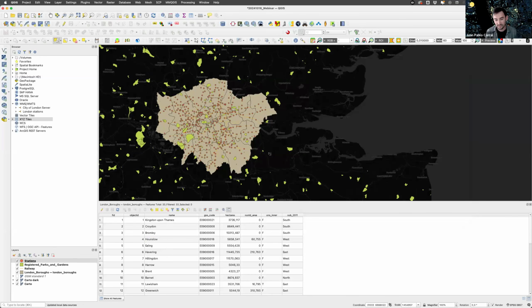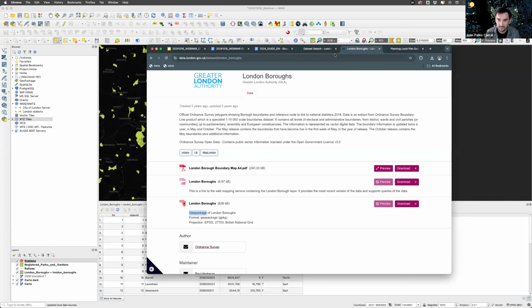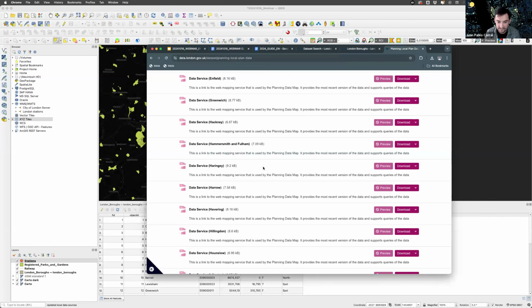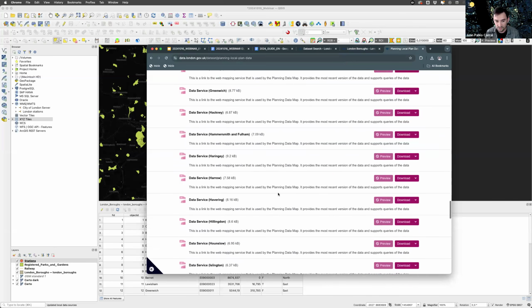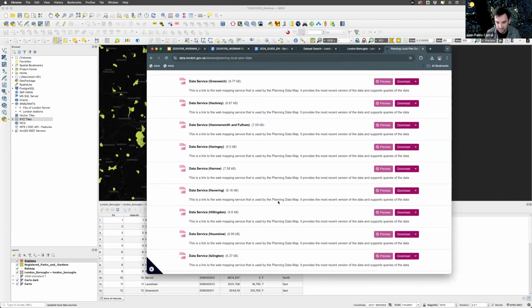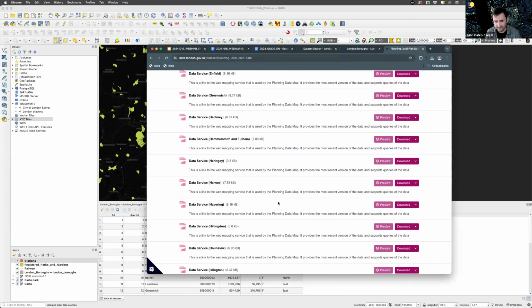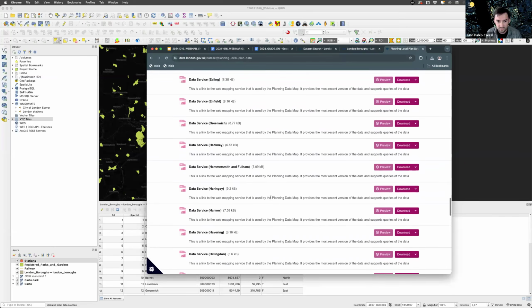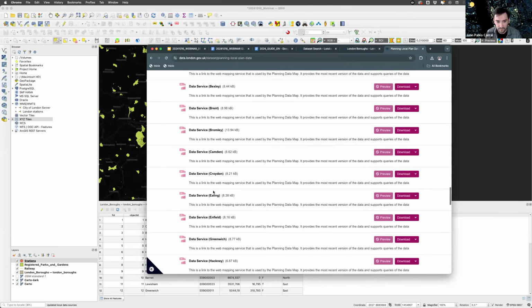So this is the first way of acquiring data and visualizing it in QGIS: by dragging and dropping the right file into this window. But also, and this is also great, you can get access from servers. There are two main differences between getting data from files and from servers. The first is that you will always be getting the newest version of a file. The second is that by getting access to data from servers, you can get multiple files at once. So let's go, for instance, to Croydon.